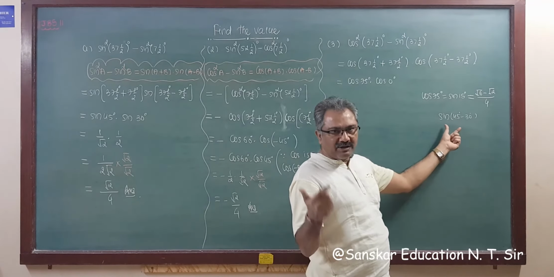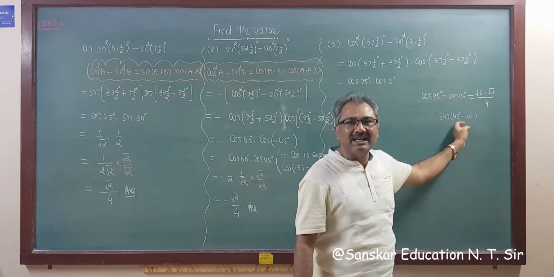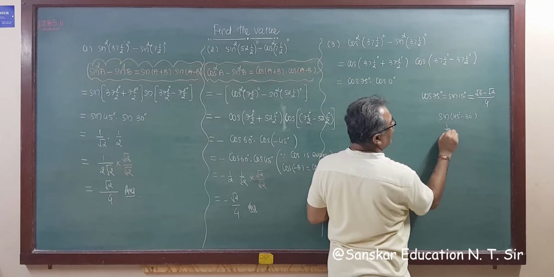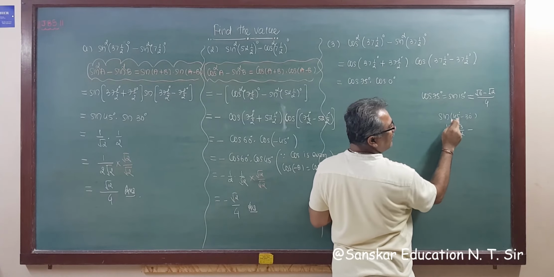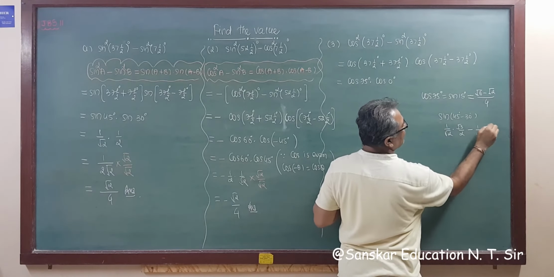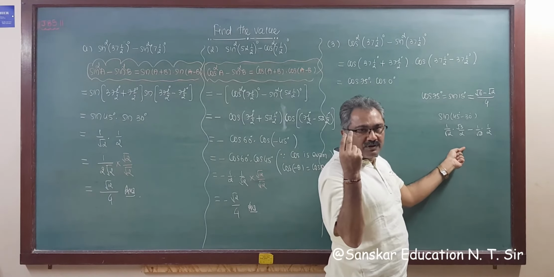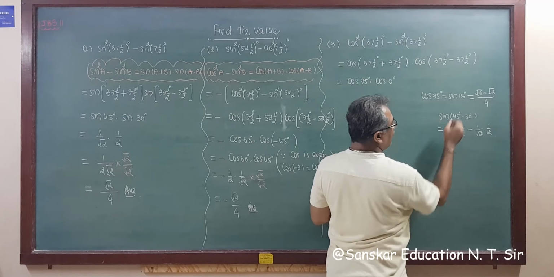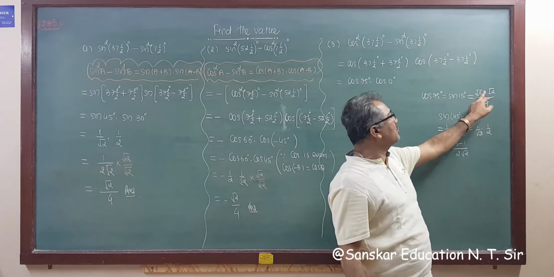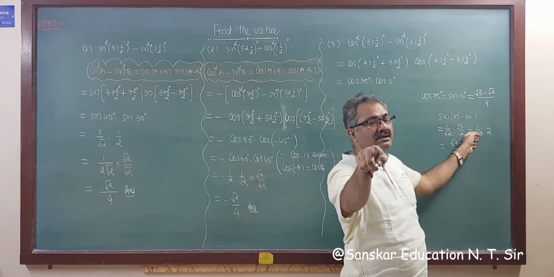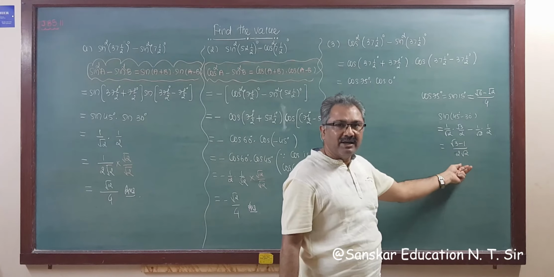If you are not sure whether it is minus or plus there, then you have to derive sin 15 as sin(45 minus 30). Now apply the sin A minus B formula. Sin 45 is 1 upon root 2, cos 30 is root 3 by 2, minus cos 45, 1 upon root 2, and sin 30 is 1 upon 2. So within 20 seconds you will verify your answer. This is root 3 minus 1 upon 2 root 2. If you have confusion for minus or plus, here it is minus, so your answer will be minus. Confirm. So root 6 minus root 2 by 4 is your answer.